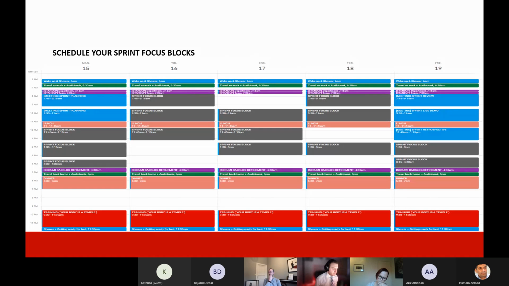This is time you schedule in, and this is time when you take on flight mode on your phone. And that is a habit in itself. I think a very good agile habit is, when you work on your task, it's not just planning of the task, but it's also execution of the sprint.